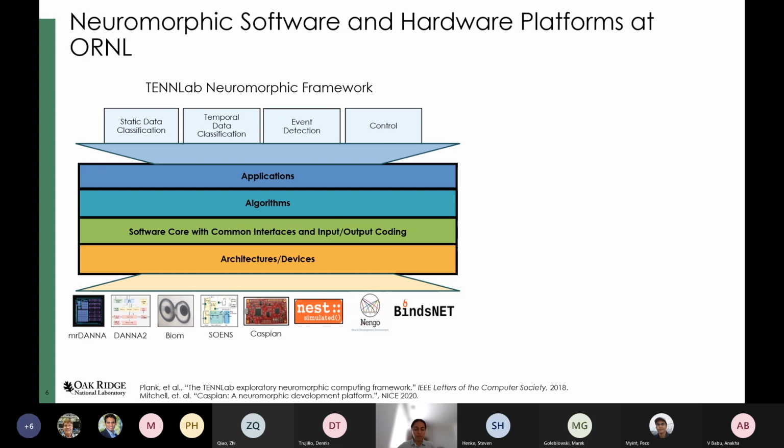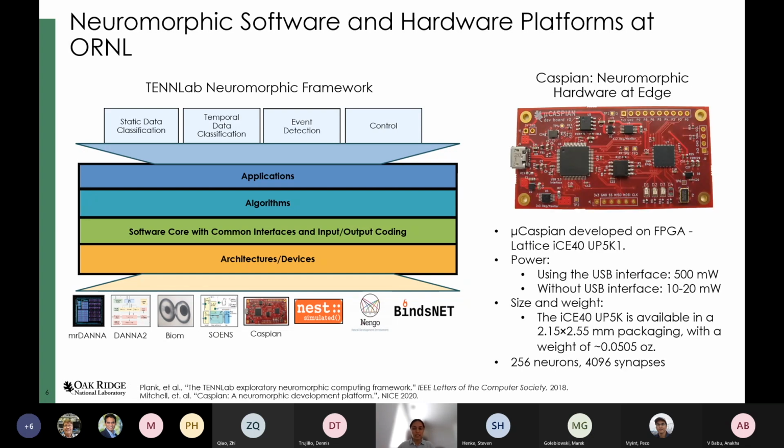So this particular framework provides us an easy interface for both the front-end applications and the different hardware backends. And for most of our work, we primarily consider the Caspian neuromorphic hardware, which has been developed solely at Oak Ridge National Lab, and it's an FPGA-based neuromorphic hardware, which also has its own software simulator that allows us to interface with the different application APIs and allows us to